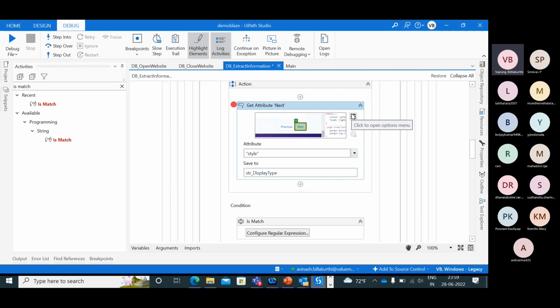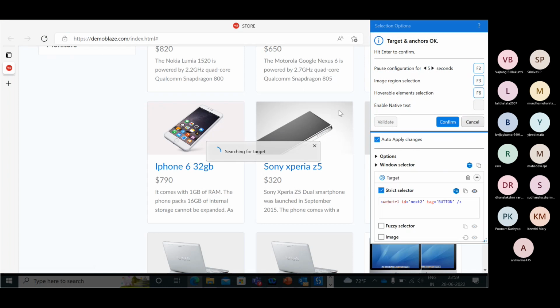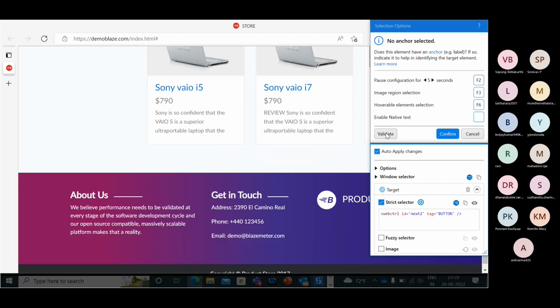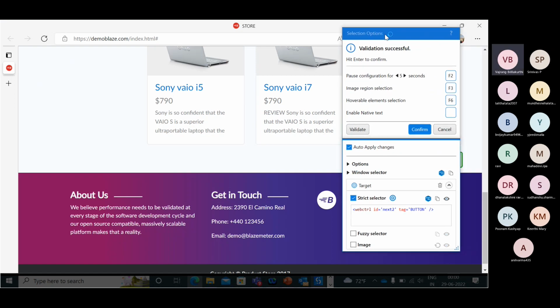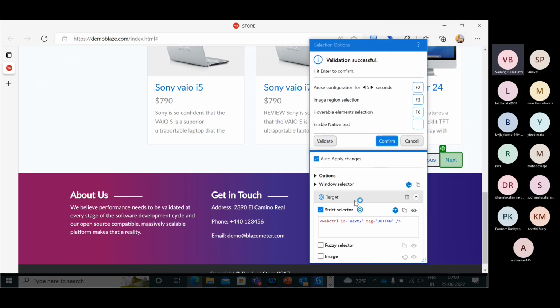We need to identify why this is not coming in properly. Edit target. Validate. See if it is validating or not. Yes, we are having a strict selector. Let's press show, show all matches.